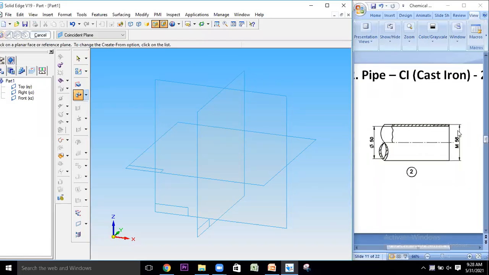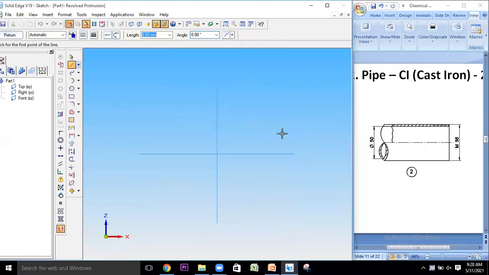So if I take this pipe and create it with the revolve protrusion command, first I should select this front plane or front view. Once I select this front view, it will show the space to create the profile of this pipe. So here, as we have selected the revolved protrusion command,